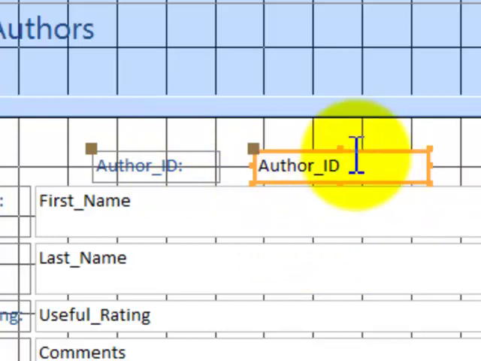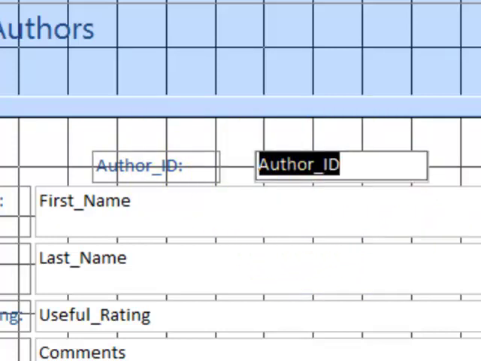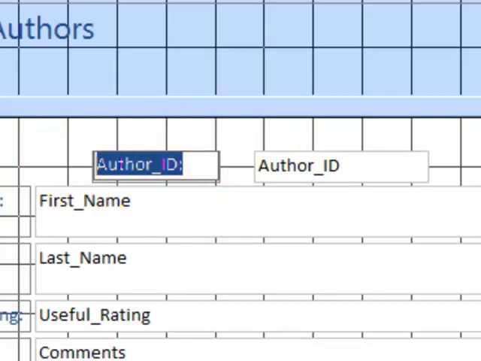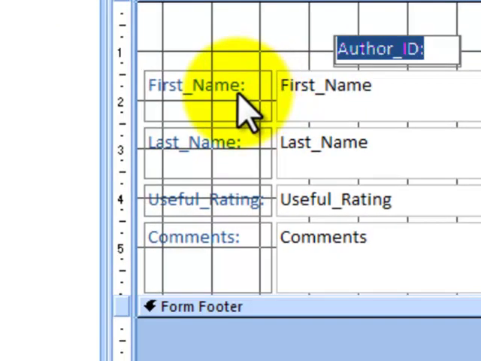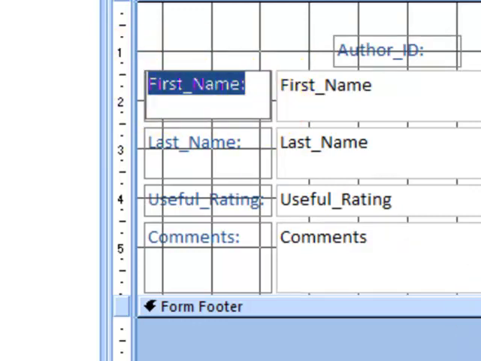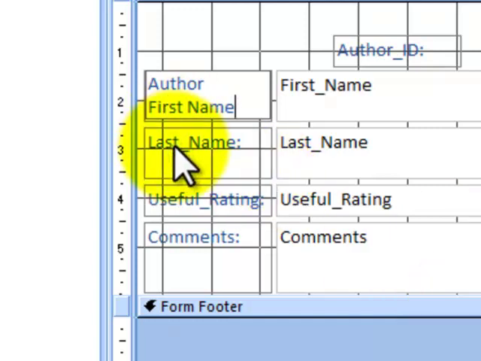One other thing to show you here, the author ID info that you see inside this part of the form, you can't change that word, but you can change it right here. Author ID may not be exactly what you want to say there. You may want to say ID for author or unique ID or something like that. Where it would be probably more apparent is here at first name. First underscore name, not the most communicative label. I think that I would say author, A-U-T-H-O-R, first name. And I might go here for this one,